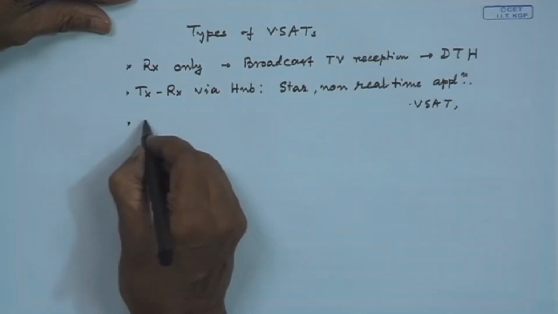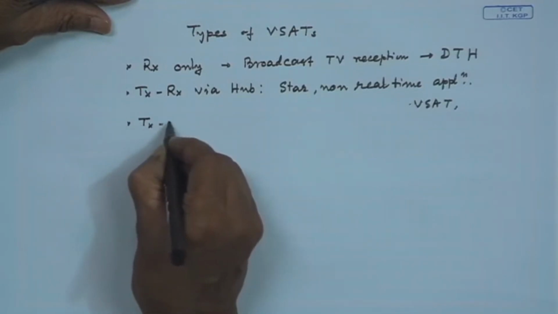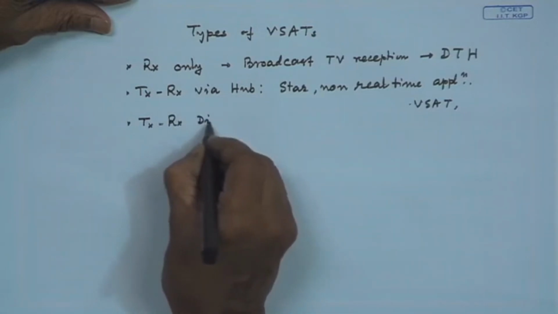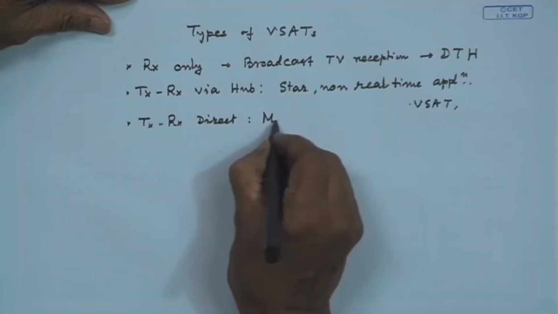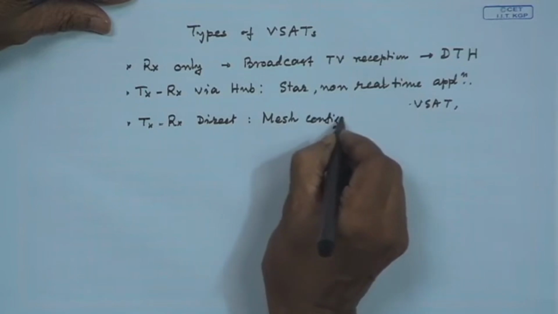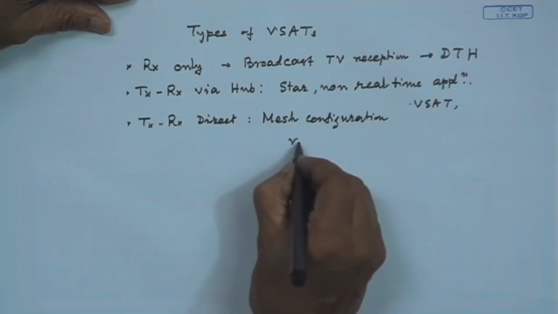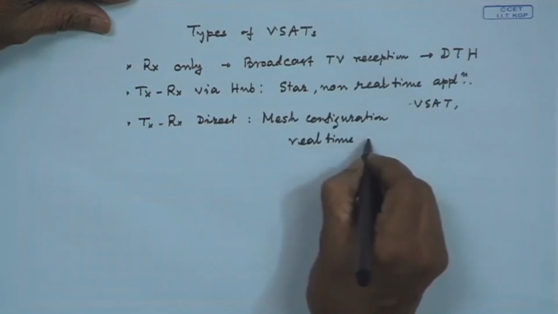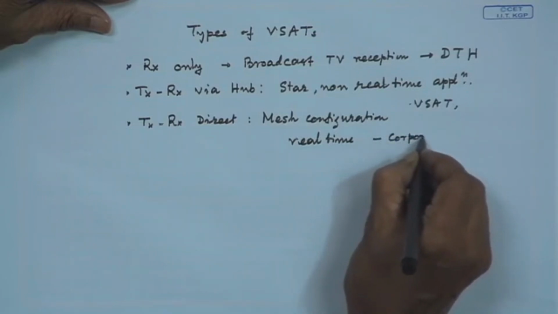Then another thing is there, that is transmit receive not via hub but direct from VSAT to VSAT, that is in mesh configuration. And this is real time because it is going in one single hop. This is for corporate network